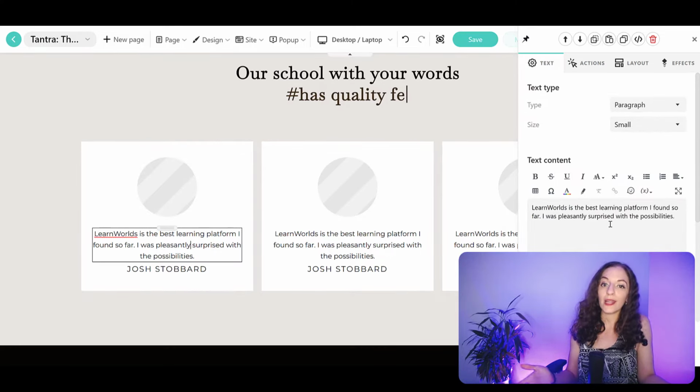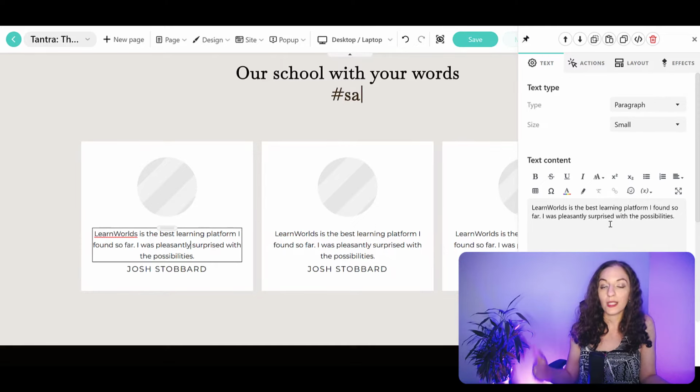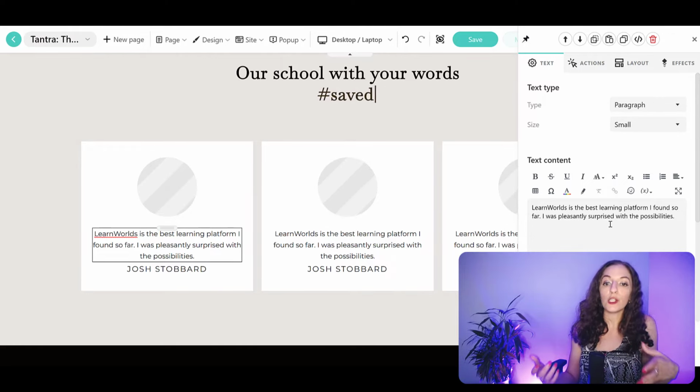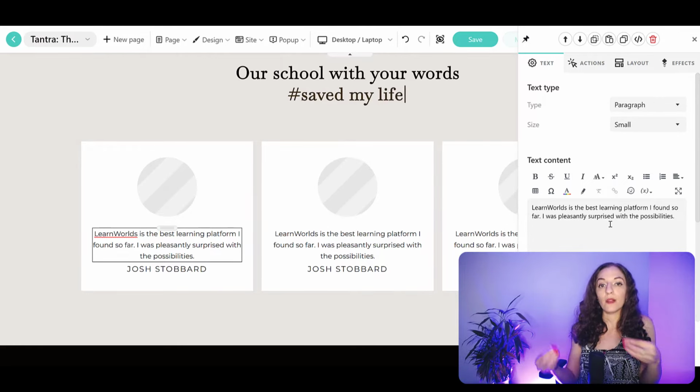So I do like the builder in Learnworlds in comparison to the other course platforms out there. The builder is easy to use and it gives you a level of customization and flexibility, but at the same time gives you pre-designed modules and templates that are ready to use out of the box. So you have the best of both worlds.